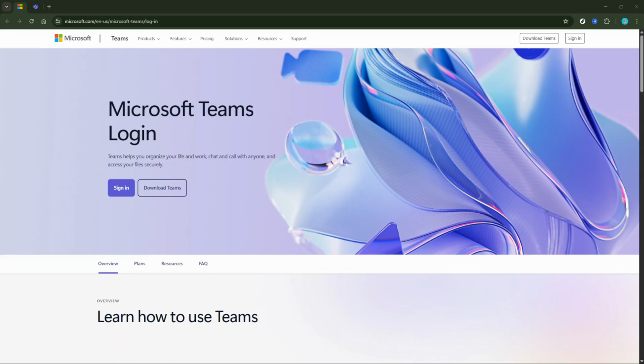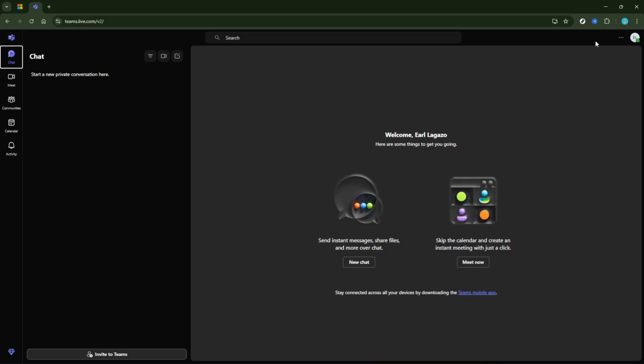To begin, you'll need to open Microsoft Teams on your device. Once you've got Teams open, you're going to want to click on the settings. Depending on your version of Teams, you might find this either by clicking on your profile picture or avatar at the top right corner of the screen and selecting Settings from the drop-down menu. Or you might see a direct Settings gear icon somewhere in the main window.